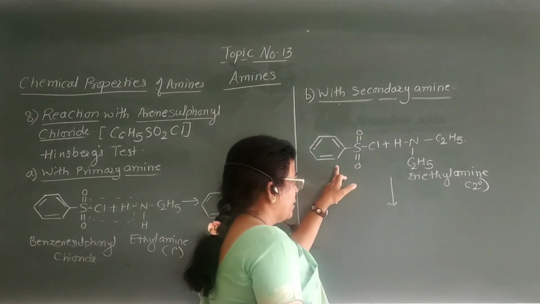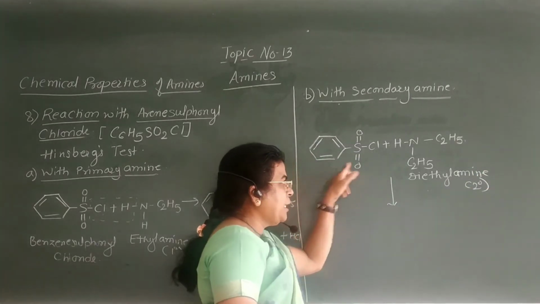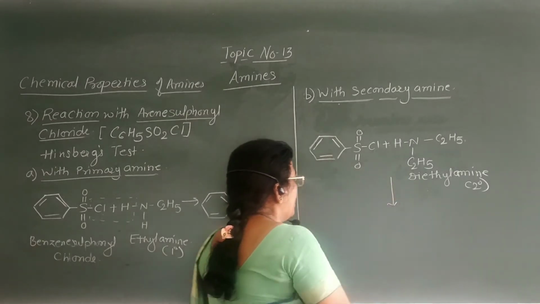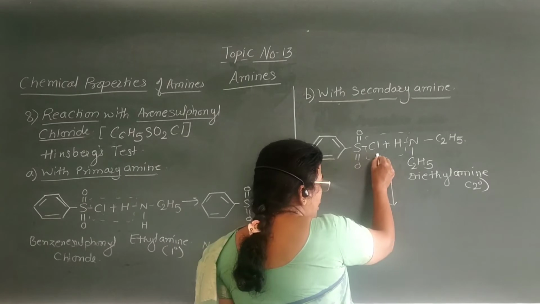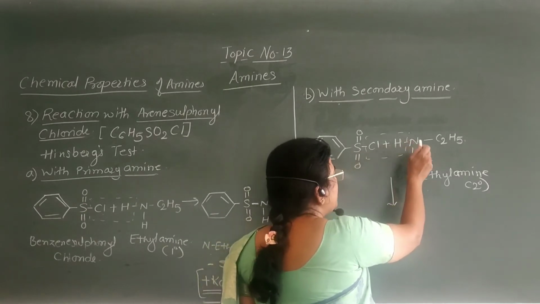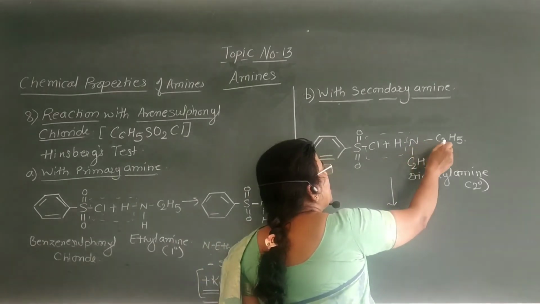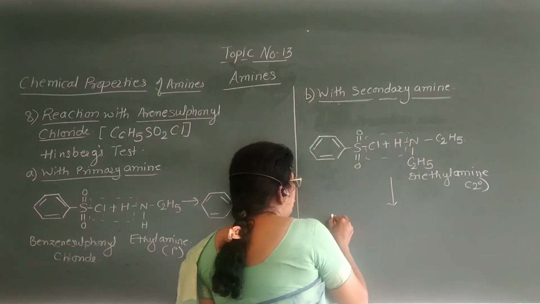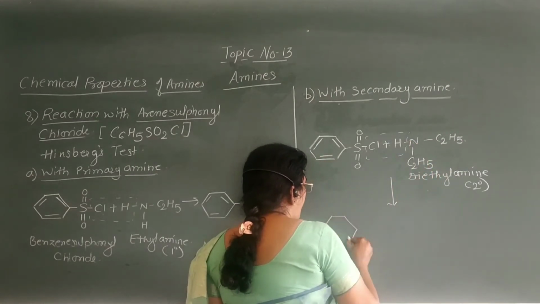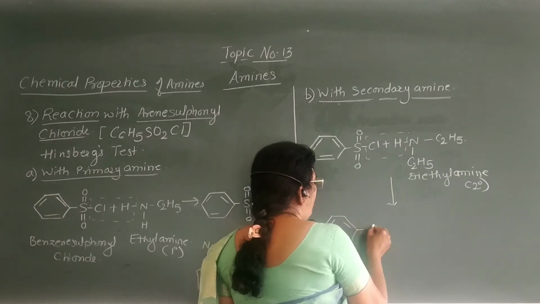When Hinsberg's reagent reacts with this secondary amine, removal of HCl takes place, and the chlorine from benzene sulfonyl chloride is substituted by the diethylamine group, the secondary amine group, to form